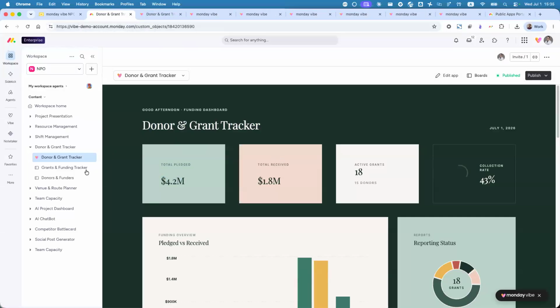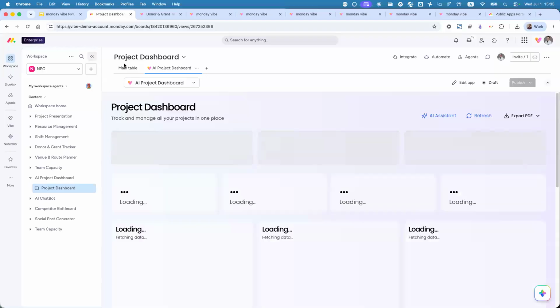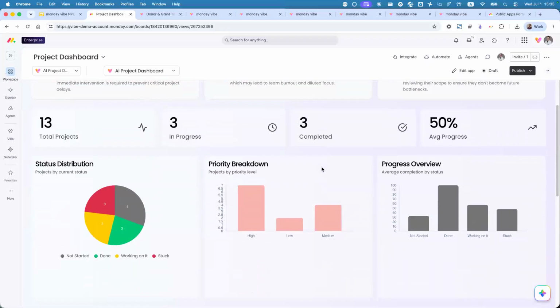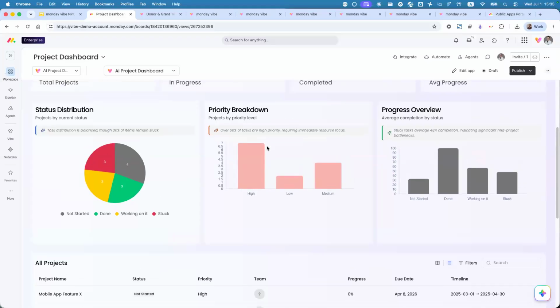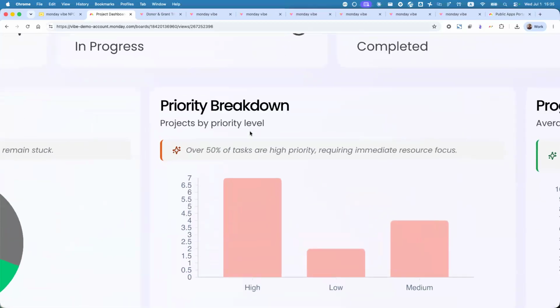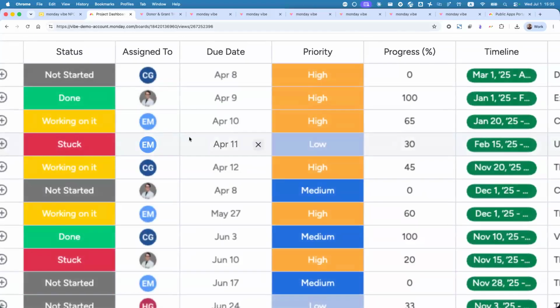But this was the donors and grants, and I want to show you a little bit more about this AI, because adding AI to apps is really game changing. So you see, for example, everyone has their own project dashboard, right? And Vibe can build, again, any visualization that you want. But here I told it, don't just show me the data. I want you to actually send to the AI what you got, and then share with me the insights. So for example, instead of telling me, look, this is how many tasks are high, low, and medium, it tells me, look, you have